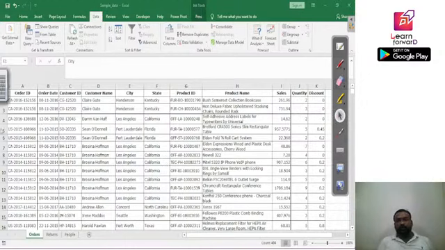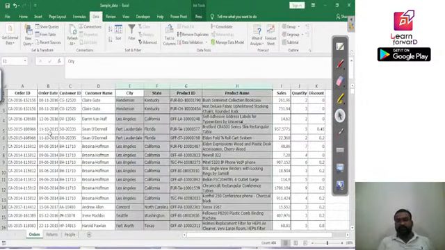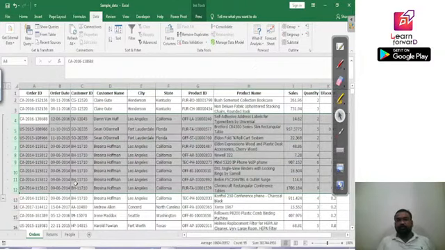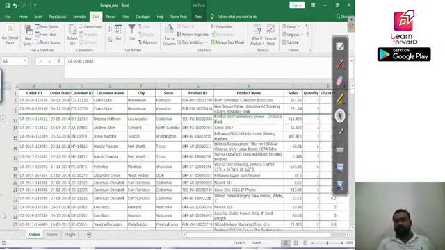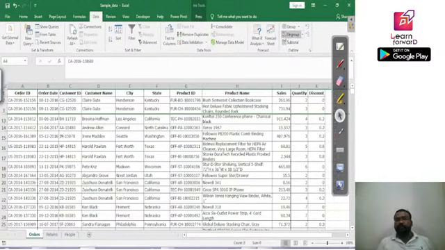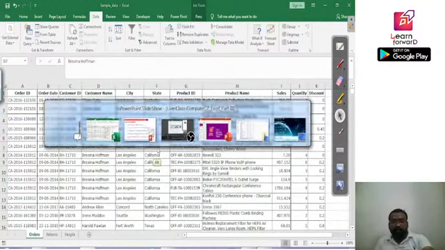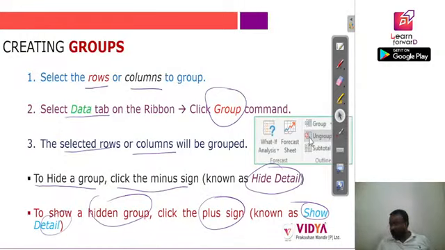The same thing you can do with the rows. You can select the specific rows on which you want to apply. Let's say I want to hide these specific rows. I'll click on this group. You can check I'm getting this minus sign over here. Once I click on this, you can see after row 3 I'm getting the 13th row. So my rows have been grouped. Then if you don't want them, you can simply click on ungroup. So those rows would be ungrouped. Clear? So this is how you can group your data in an Excel worksheet,